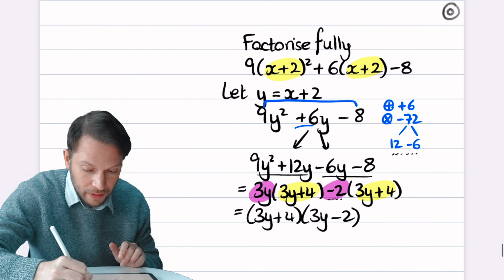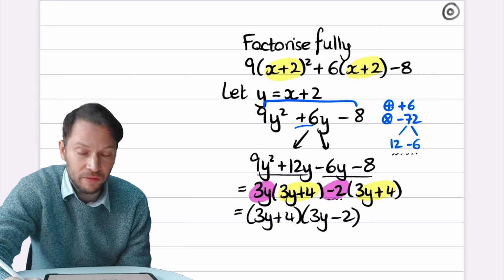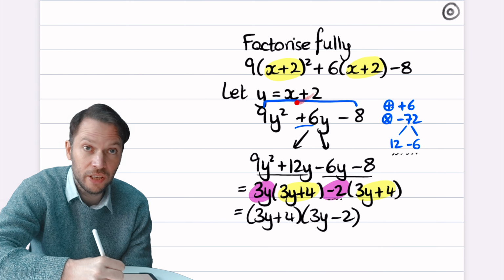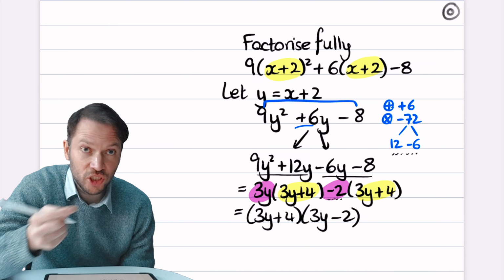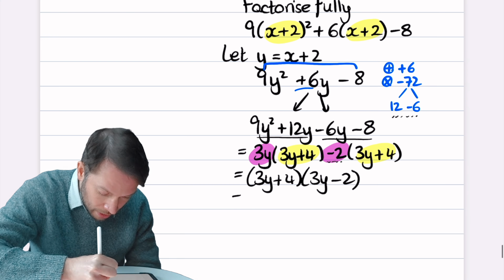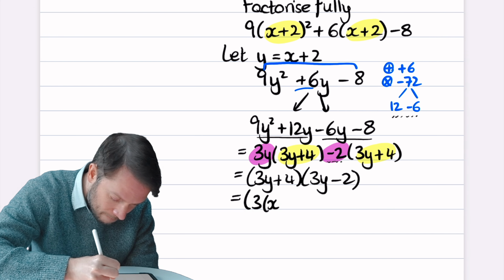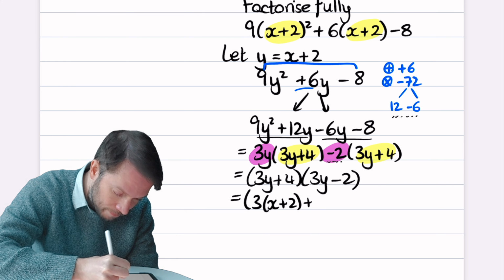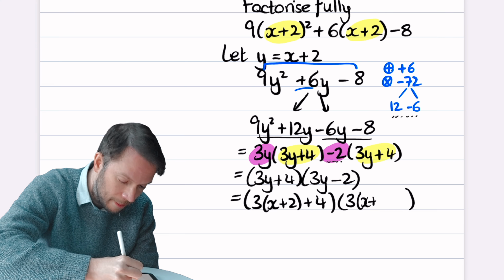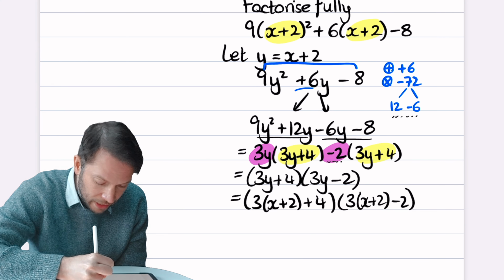But remember that that y was never in the original expression in the first place, was it? We conjured up y. We said that y was equal to x plus 2. So at this point, we can substitute back the y for x plus 2. So I'm going to do that. I'm going to replace the y with brackets x plus 2. You need the brackets. And then the second bracket here, we've got 3 brackets, x plus 2, minus 2, like that. And then all we need to do is just tidy up in each bracket